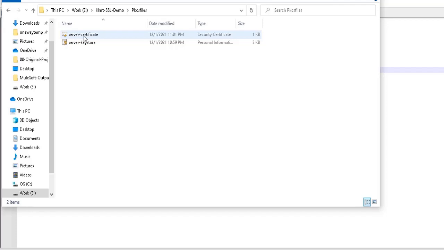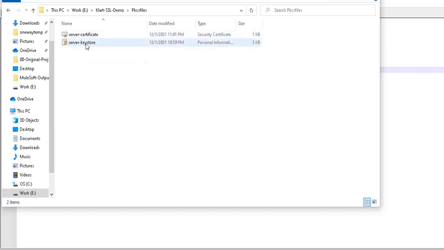Now we need to add the certificate to the client trust store. Because the client will identify this certificate and validate it in order to continue the SSL handshake. The client will initiate the handshake, but once the SSL handshake is initiated, the server will send the server's certificate to the client, right? If you remember from our previous videos. So in that way we need to add this certificate.